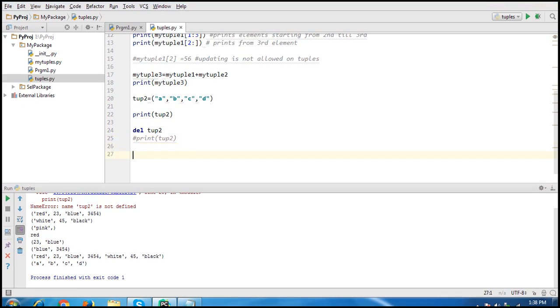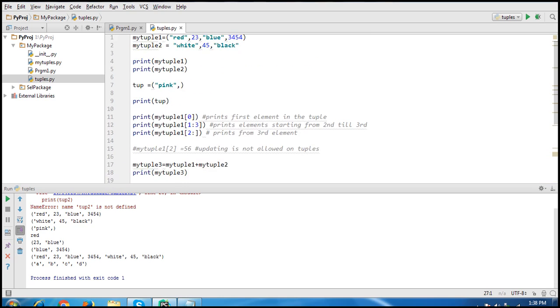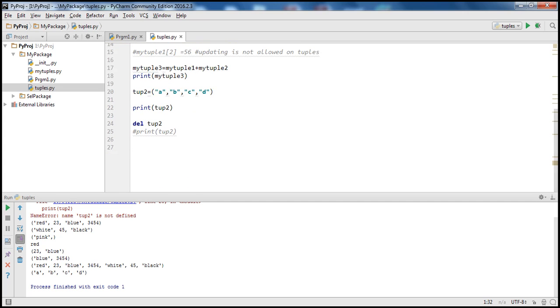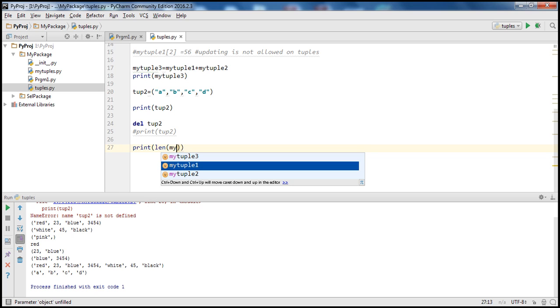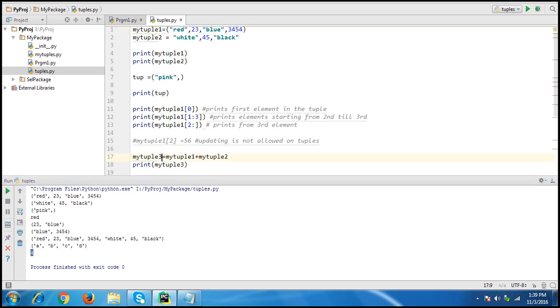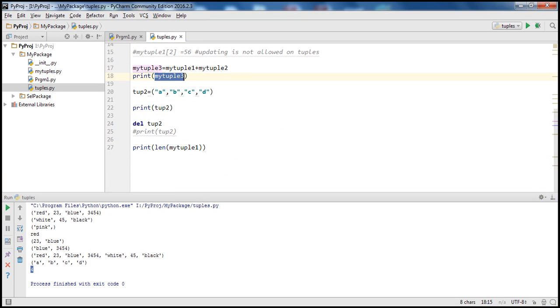Right? These are all the simple operations you can do in a tuple, and there are many things you can do with tuples. Suppose I have a tuple and I want to know its length. Let's say my tuple 1 has 4 elements. To check the size, you use length, like print length of any tuple, let's say my tuple 1 or tuple 3. It should give the length of the tuple, which is 4 for tuple 1. Similarly, if you want to see the size of tuple 3 after concatenation,